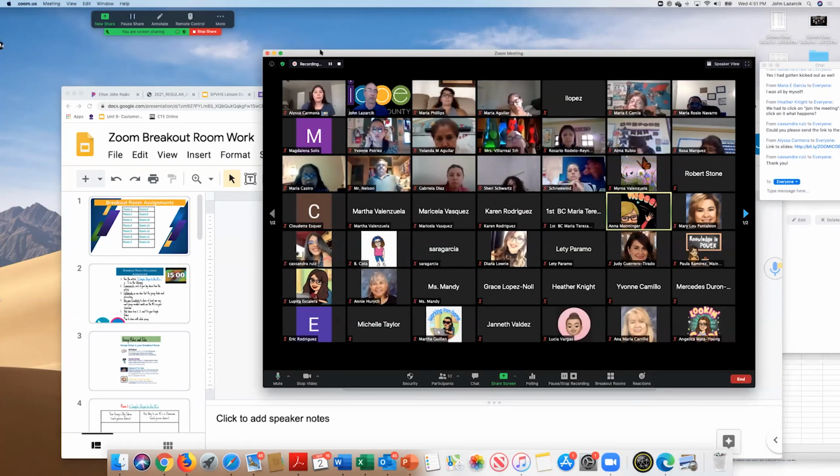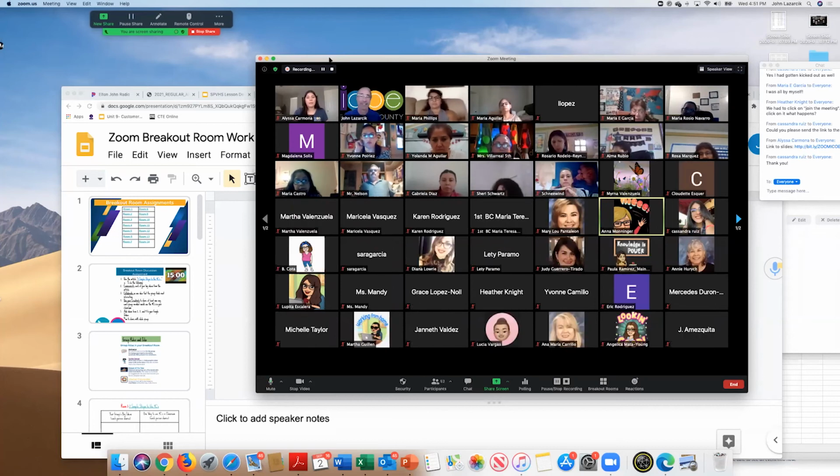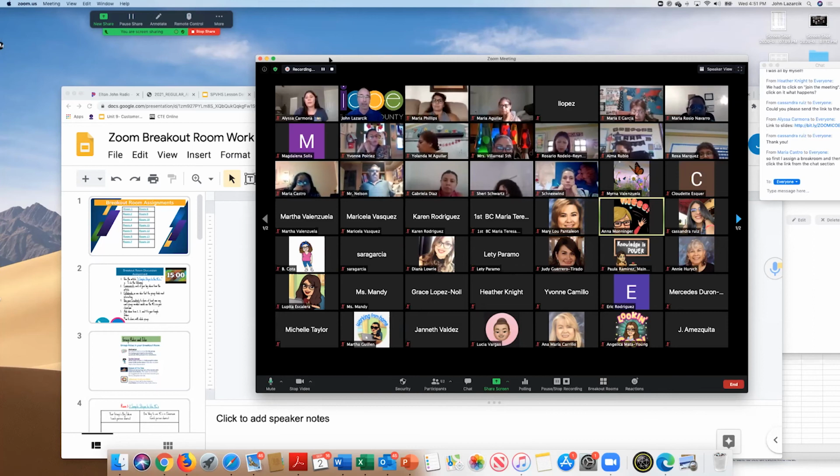So just another cool way of, and another one, someone shared this with me as well. If you do want to be in a breakout room, if you want to be in 2 places at once, join your own Zoom call with your phone, right? Or maybe another device, and you can literally join a breakout room with that device while you're watching everybody else on another device. So if you happen to have 2 devices, you can kind of be in 2 places at once, right? Kind of a little cheat code, if you will.